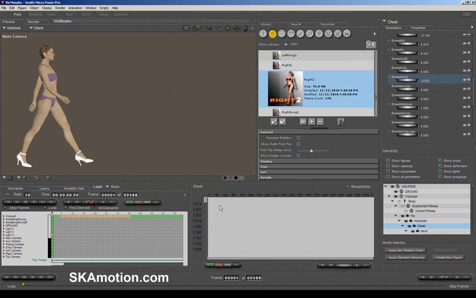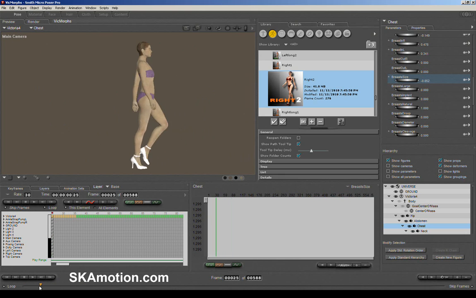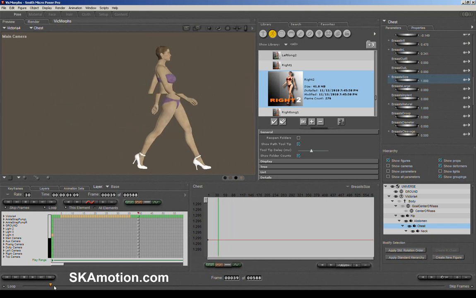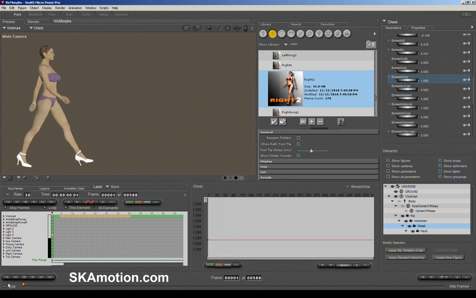And then, as long as there's no animation after the first frame, then you should be okay. They should stay exactly that size. We'll just put those back up to 1, and that's how you would animate or edit the position, as well as some of the other parameters, the head turn or the chest size, for example.